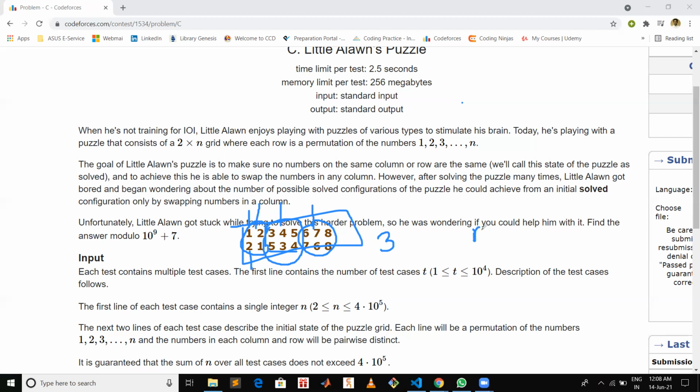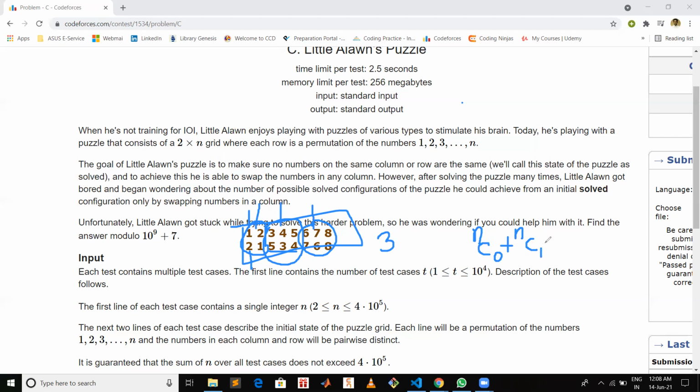In case you have n groups, you can choose not to swap any group, so it will be nC0, which is basically the same original configuration. Then you can choose any one group out of n groups and swap that group's columns.